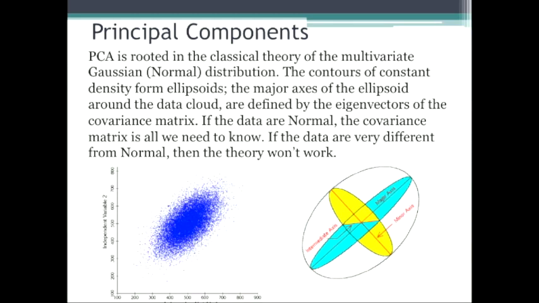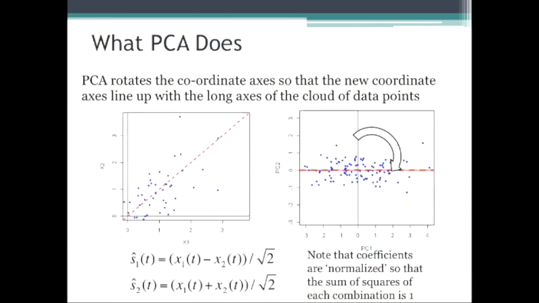And you might ask, well, what if it's not an ellipse? Well, hold that thought. That's a good thought. We'll get to that in a minute. So just for now, suppose that your data is an ellipse in a high-dimensional space, and what principal components analysis is doing is trying to find the axes. So it's trying to line up the new axes of the new summary variables with the long axes of the data cloud. And that's going to mean that you're going to get most of the variation along these axes.